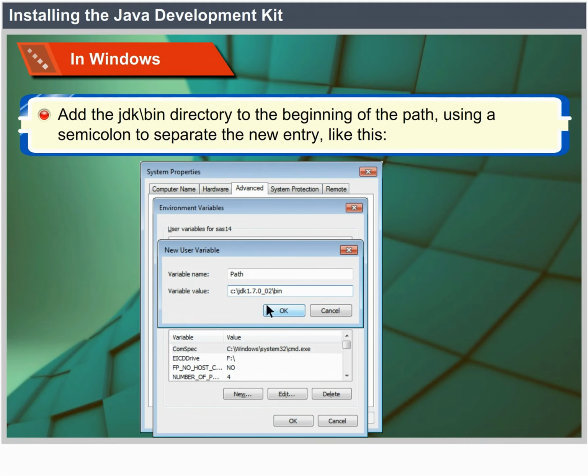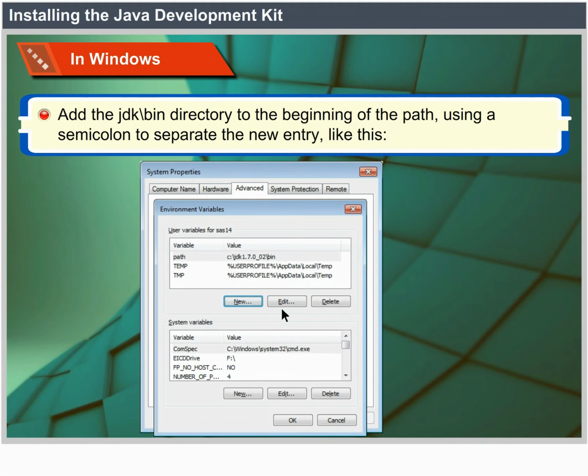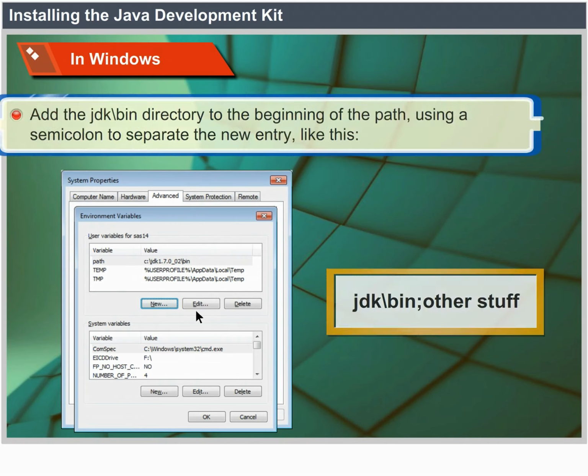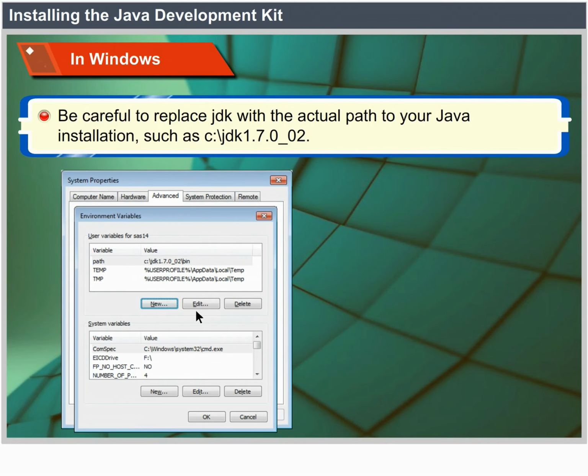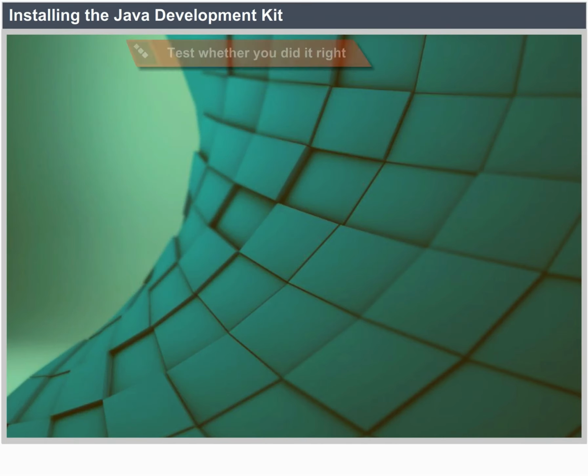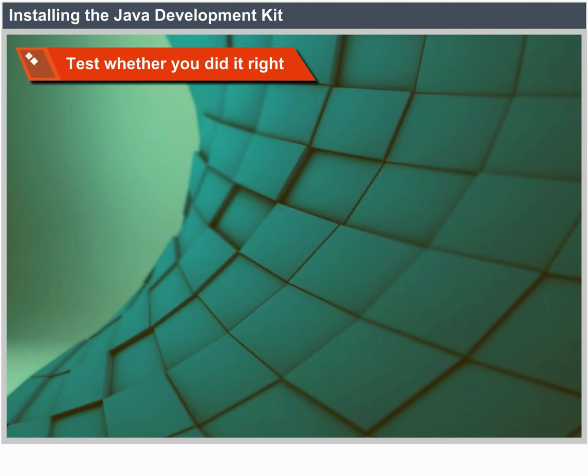Add the JDK/bin directory to the beginning of the path, using a semicolon to separate the new entry like this: JDK/bin;other stuff. Be careful to replace JDK with the actual path to your Java installation, such as JDK 1.7.0_02. Save your settings. Test whether you did it right.